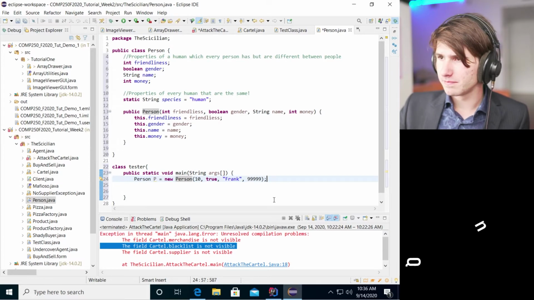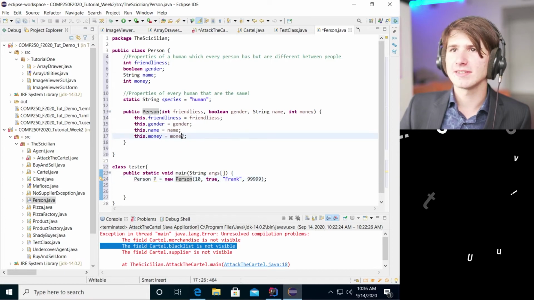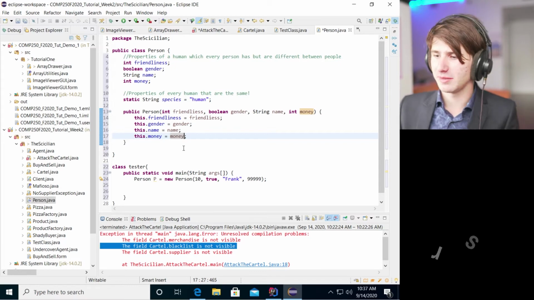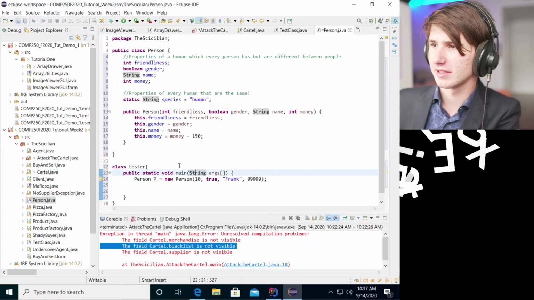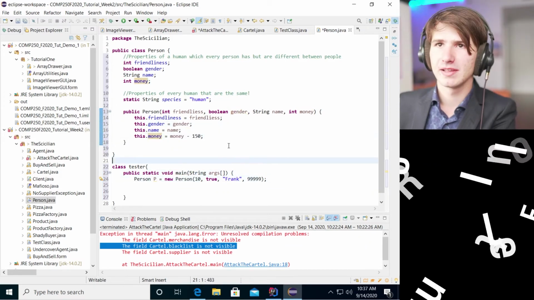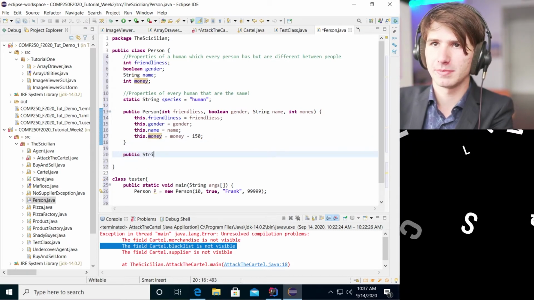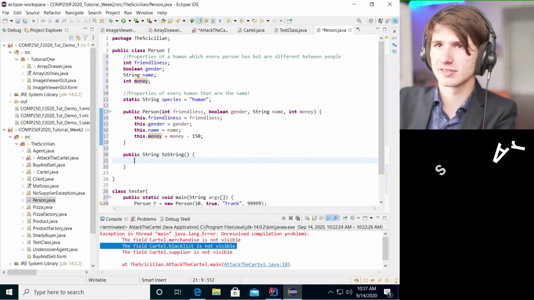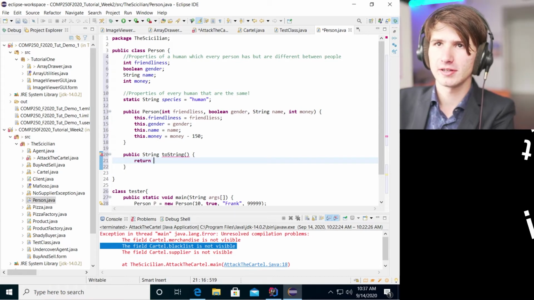So coming off of this, the reason that a method might also be advantageous is, let's say that it's not free to be created. You know, let's say we're in America and being born is going to cost you a pretty penny. So here we can say, when you get created, we're taking $150 right out of your bank account right away. And that way, when we create a person, their money will be set to that. And to show this to you guys, I can make a toString method. So it's called public string toString. And it's going to encode a person into a string, so we can actually play with this and watch it happen. So we can say, let's say, return